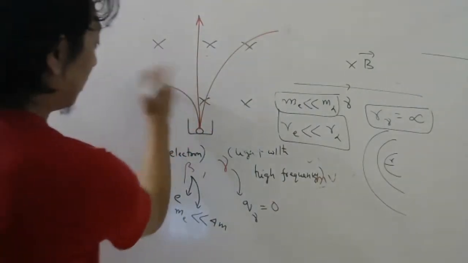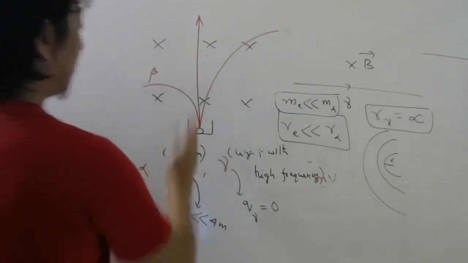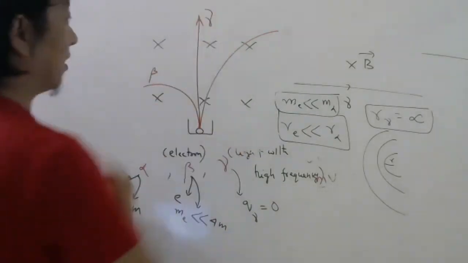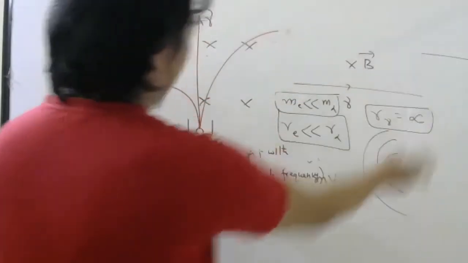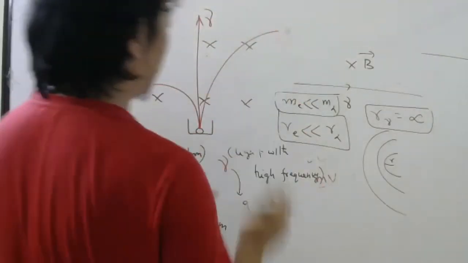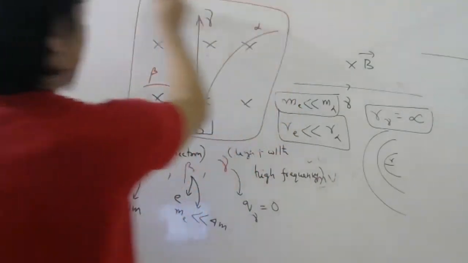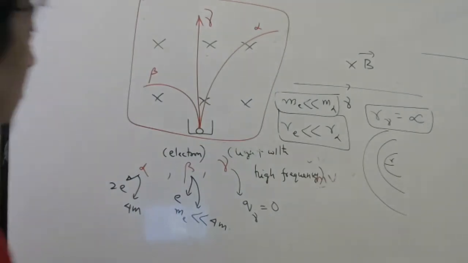So this is moving in smaller radius this side, so this is your beta. This is going straight, this is your gamma. And this is going in bigger radius. Since it is bigger radius, it must be your alpha. So like this also they can make the question. So smallest radius will be for beta.